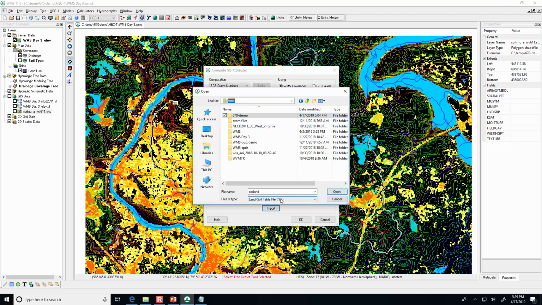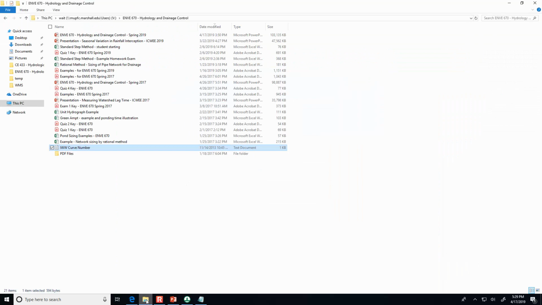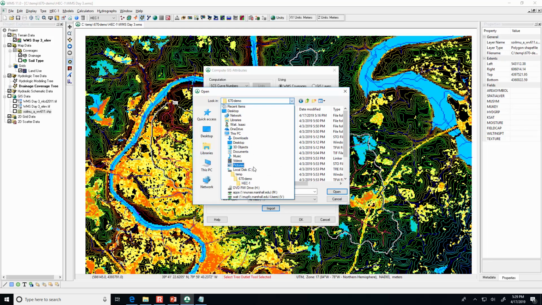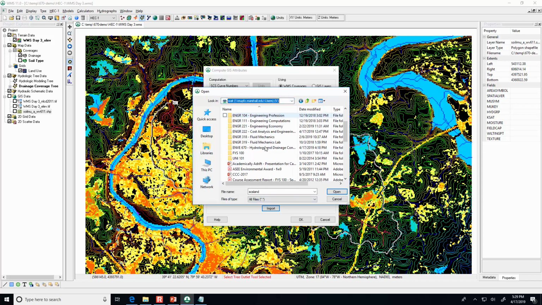Where did I put, oh, right now it's defaulting to .txt, and I think I don't have it as a .txt. I think I've got it as .tbl. Oh, where did I put it? It is, okay, it's on my V drive. Do both of you still have that text file?